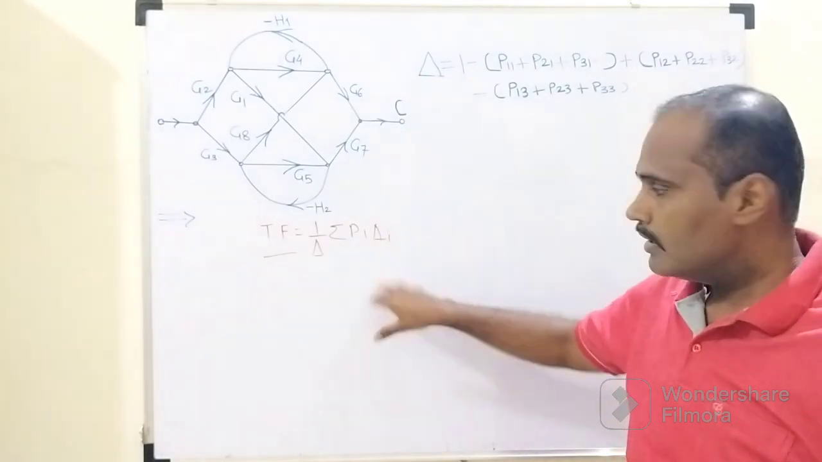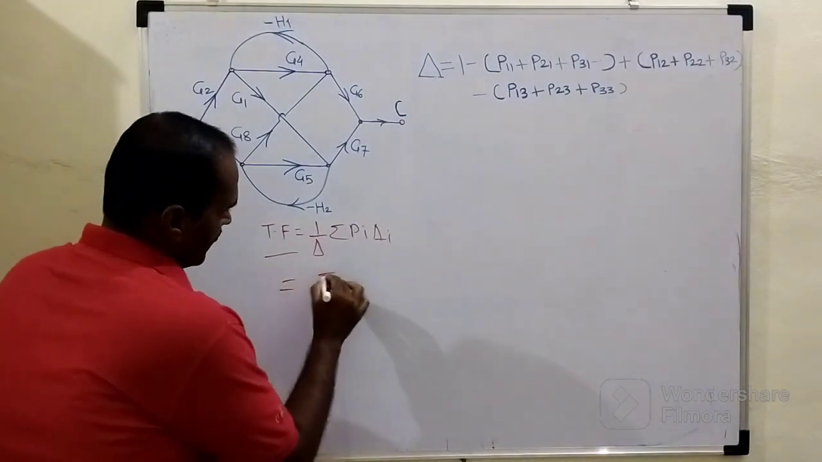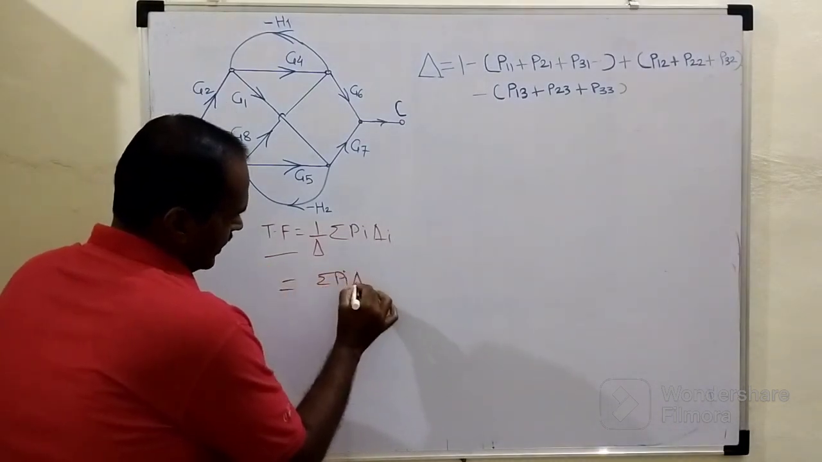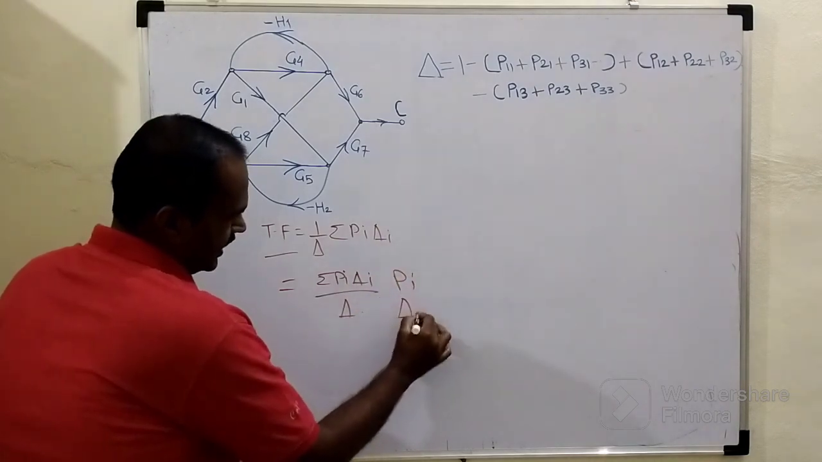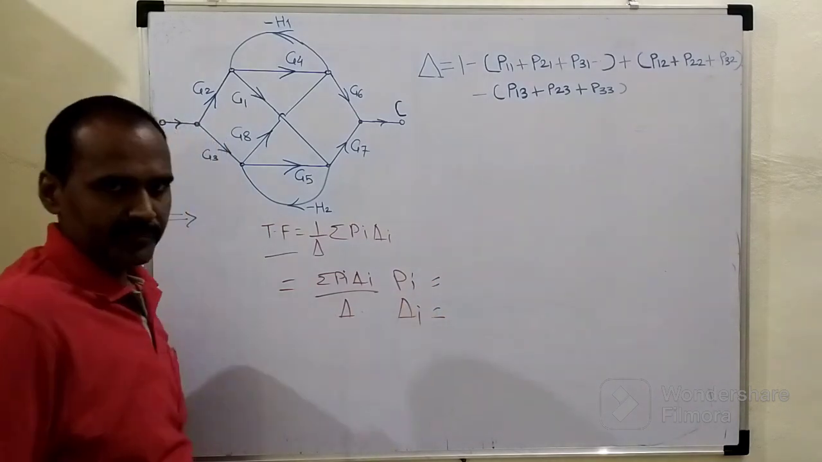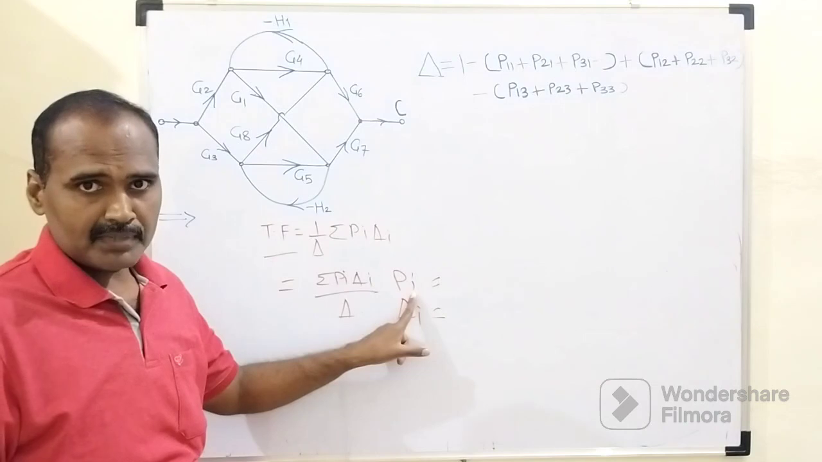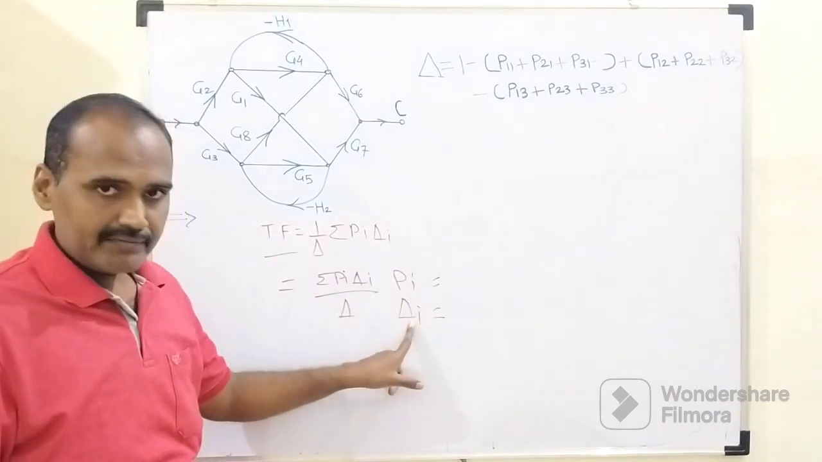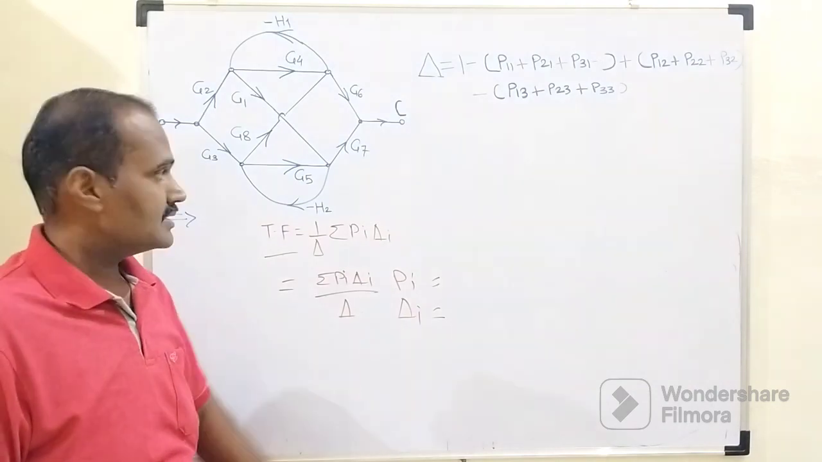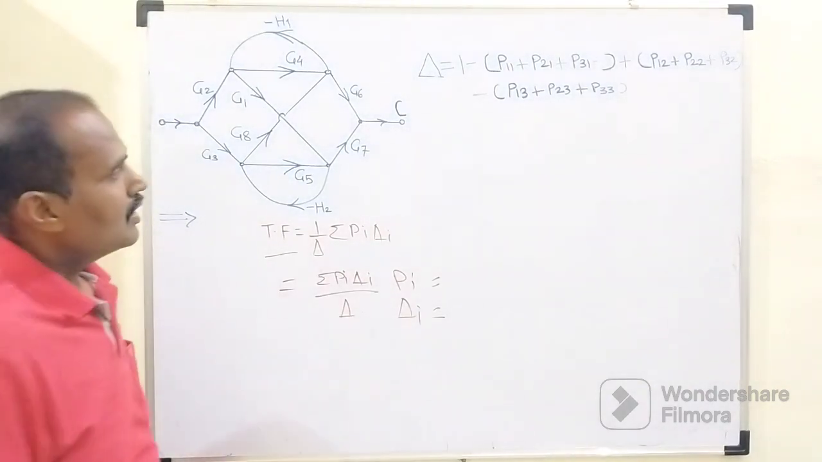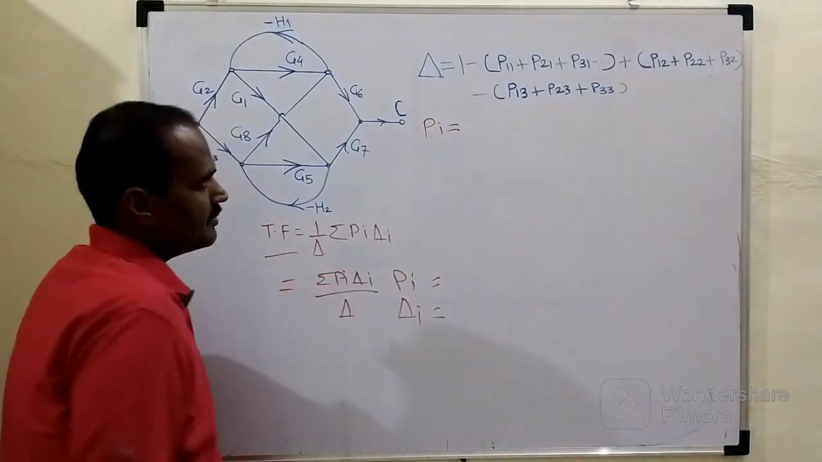As I told you earlier, the Mason's gain formula can also be rewritten this way: the transfer function equals the summation of Pi into delta I upon delta. Now the question arises what Pi and delta I stand for. Pi is the i-th forward path we need to determine, and later I will tell you the meaning of the term delta I. So first of all we will try to determine this one, whose name is